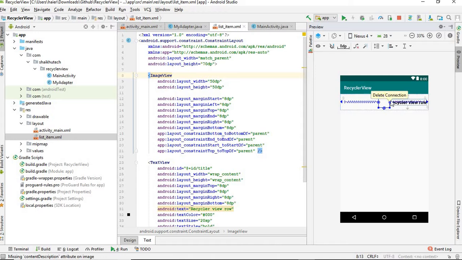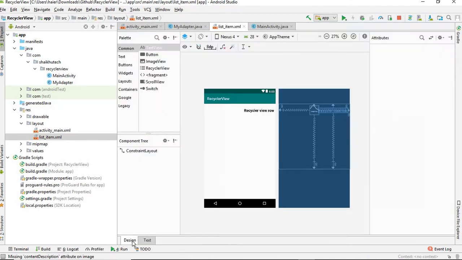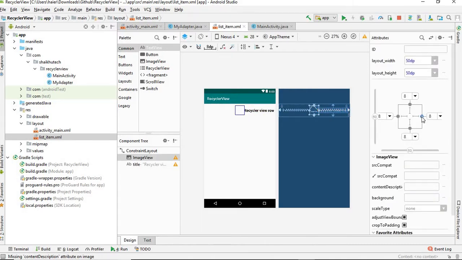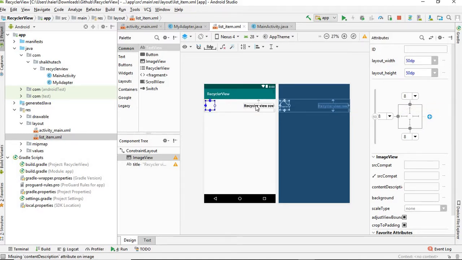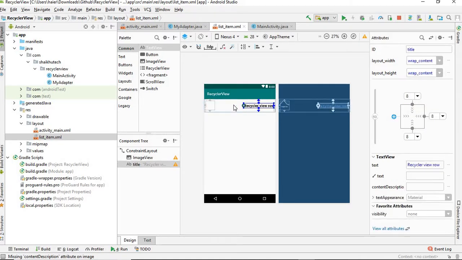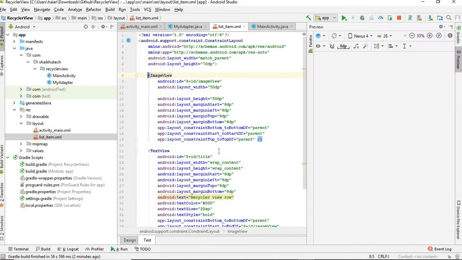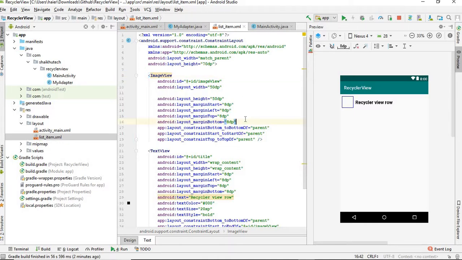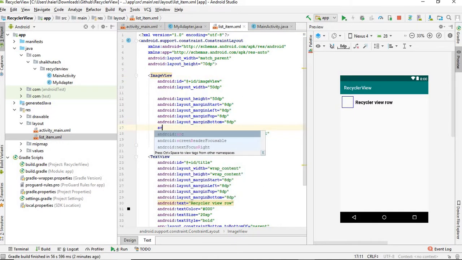Just click it again. It's not working right here, so go to design part and select it, and you can even disconnect from there. Oh, alright, no, just connect this title right here because it needs to be with that, and just disconnect it from this side. Alright, there we go. And for that image source, what we need to have,